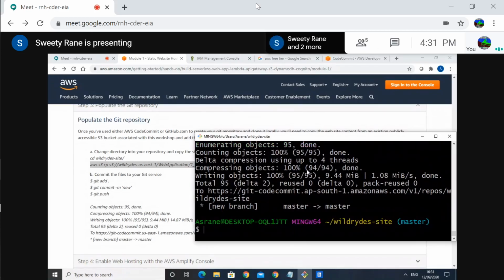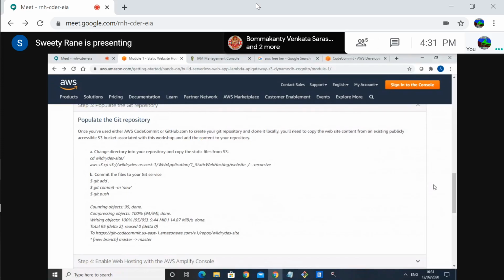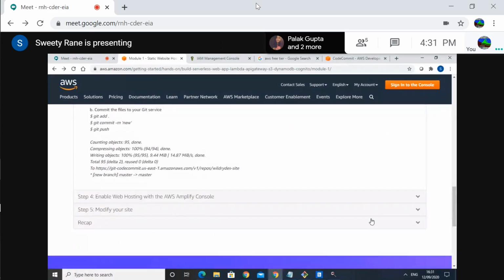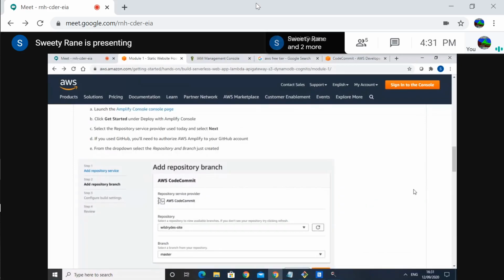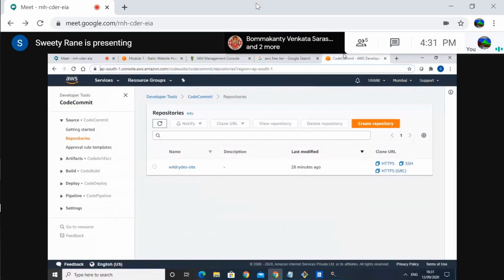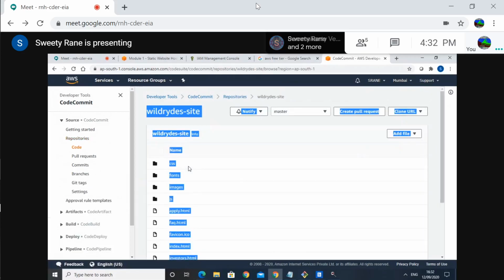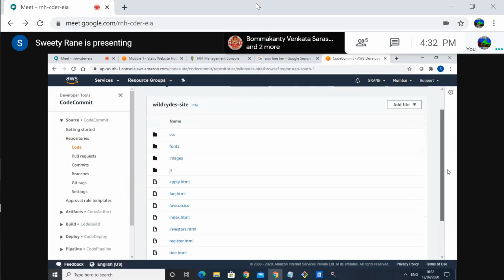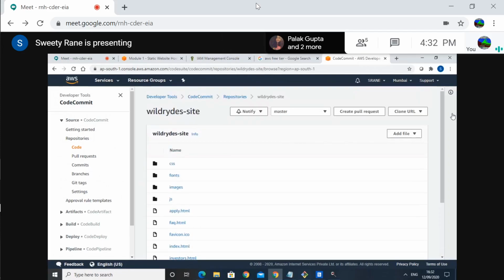Okay, now go to the next step, step number 4 in your lab. What is step number 4? This is done. So you can verify all these files on your CodeCommit. Select that CodeCommit and open the repository. All those files will be there. Yes, on the right side. So it's there, no? All the files. Just now you pushed it. Okay, so now you go ahead with the next step in the lab.